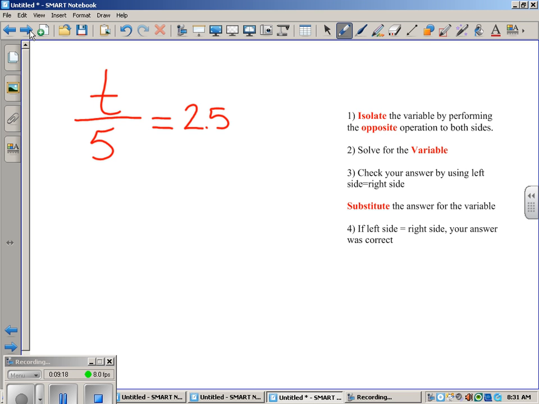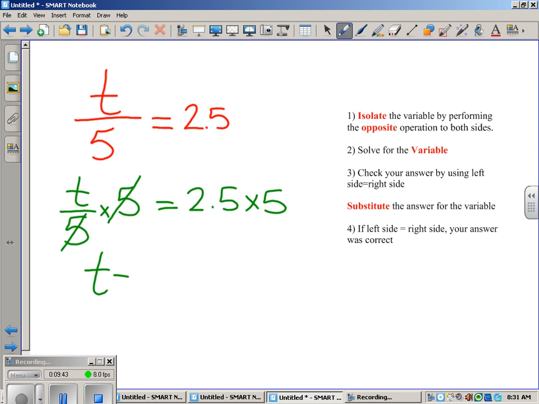First thing to remember is do not change the order, so you're still going to write that t over 5. But what can I multiply that by that will allow it to cross out? And it's whatever number is associated with the variable. So I'm going to multiply this by 5. If I multiply one side by 5, I do it to the other side by 5. It's very important that you don't forget that. These cross each other out. All you're left with then is t on this side. And 2.5 times 5,